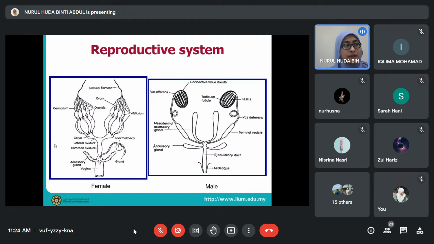It can be a few days, okay. It can be a few times of development. Maksudnya dia mate sekali je, mungkin mate sekali, but keep sperm there for a longer time,